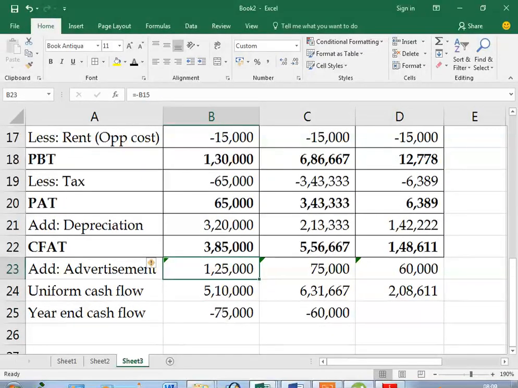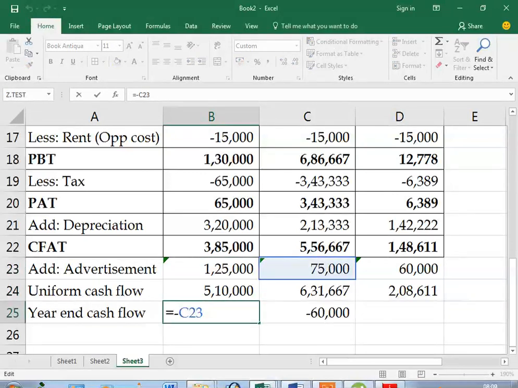First I added back the depreciation. Ideally I should have deducted the depreciation, added back the advertisement, and I should have deducted the advertisement which is relevant. Instead of deducting, I am just showing it here. Added back advertisement of year 1, and I should have reduced advertisement of year 2, because that happens in year 1. Instead of deducting it, I am leaving it as it is, because this is going to happen,